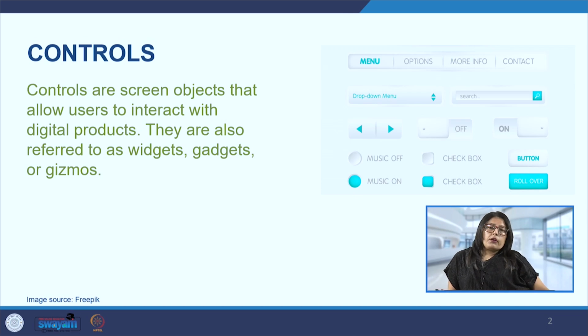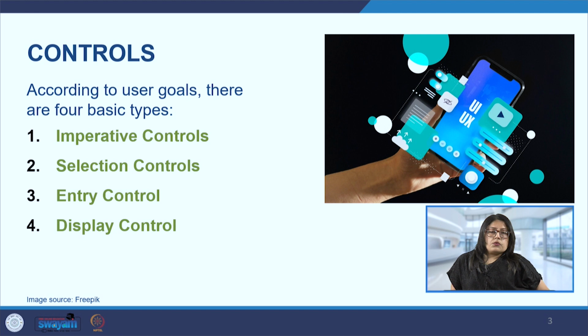So, for example, when we are entering our information or signing up for an email, how the platform opens for us to input the information may vary. We will be taking a look at these examples, and how these can be provided to the user for ease of use, and also help the user in navigating through the website or application. So, control is as per the user goal.